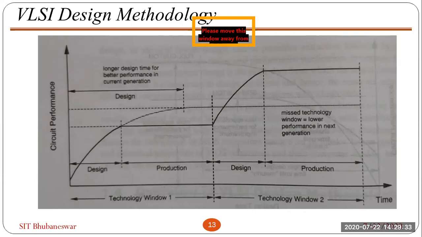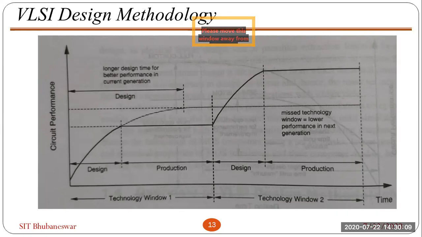Okay, the same thing you can put to the next generation, the next technology, and again we will market. Now the new version came: the power consumption is less and the speed is high. The same thing, but only due to the technology node being smaller than the previous one, you will get a better price. So if you take more time than the technology window, you will get better performance, but you will lose the market. Getting the point or not?